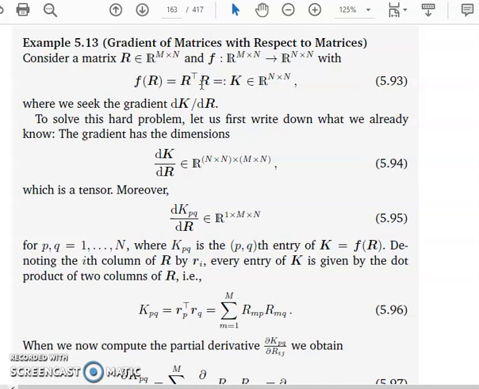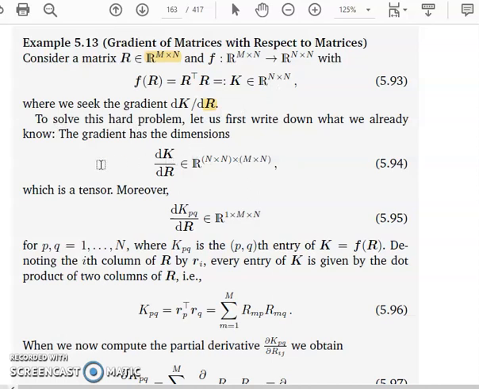So here we are going to find the gradient dK by dR. K is a matrix of dimension N by N, and R is another matrix of dimension M by N. Two matrices of different dimensions are taken.